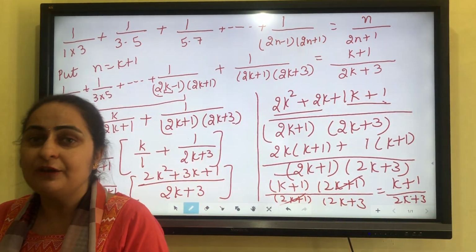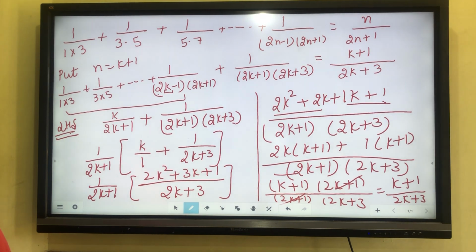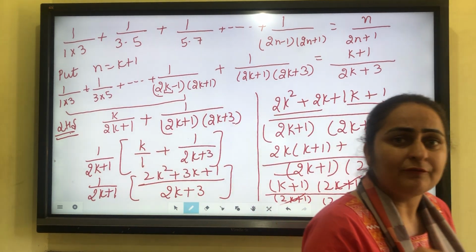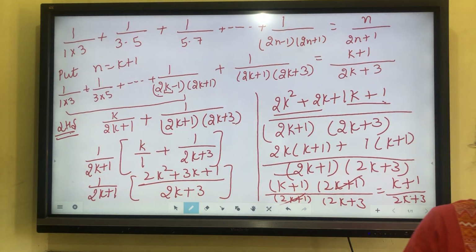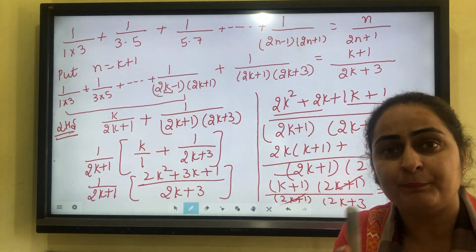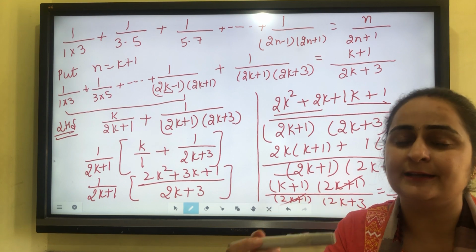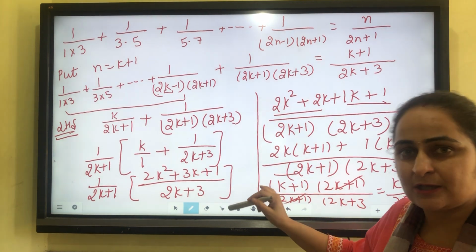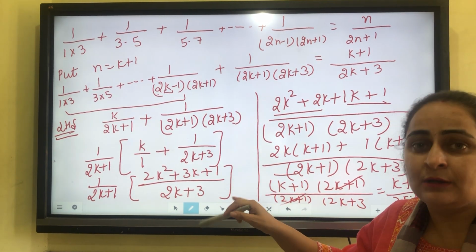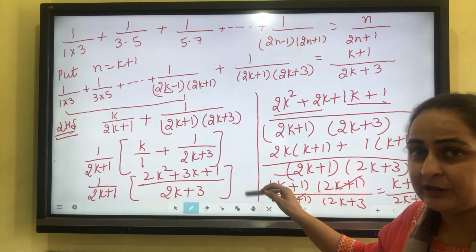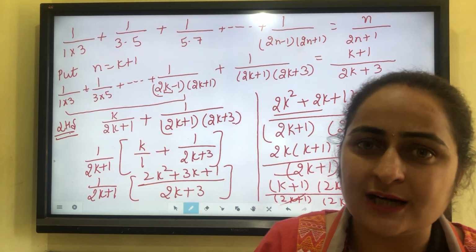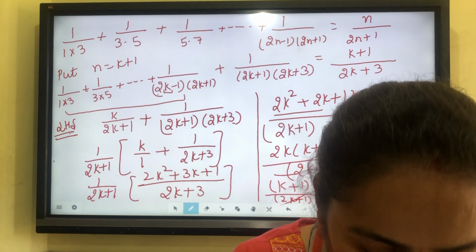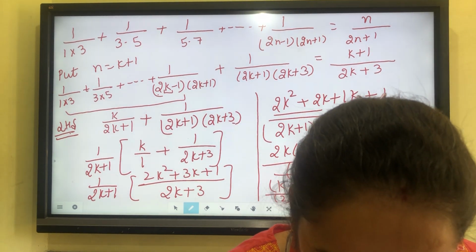And in the third step, if I am writing 100 numbers in the second step, then in the third I want to write 101 numbers. If you want to write 101 numbers, what does it mean? There are total 101 numbers. You have to write the previous 100 numbers that you had already written in the second step. That's why I am using the second step in the third step also. Fill the value of k numbers from the second, and one more number is left. Now solve the left hand side of the third step, and that left hand side is equal to the right hand side of the question.